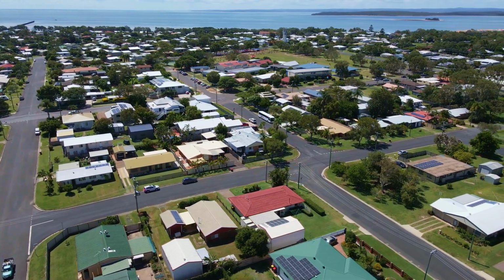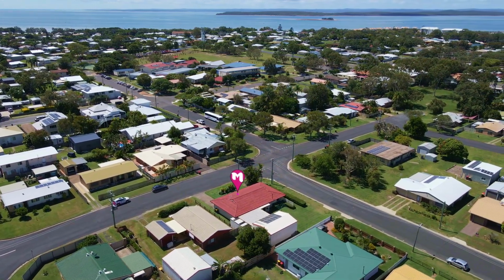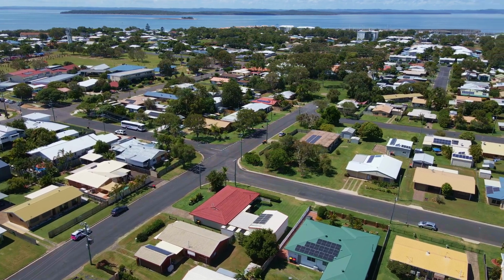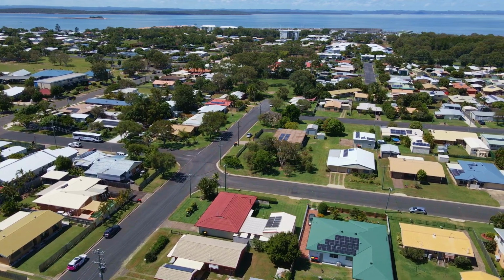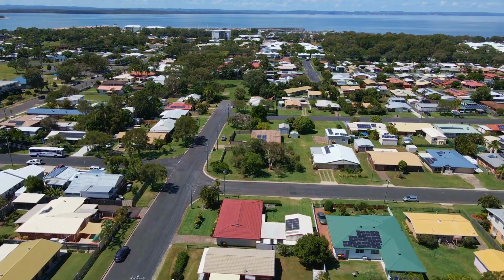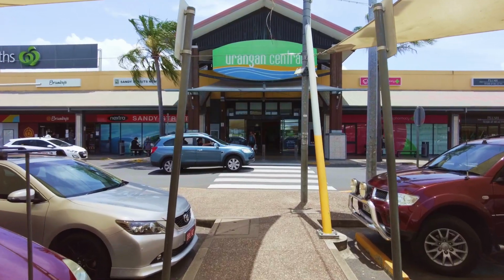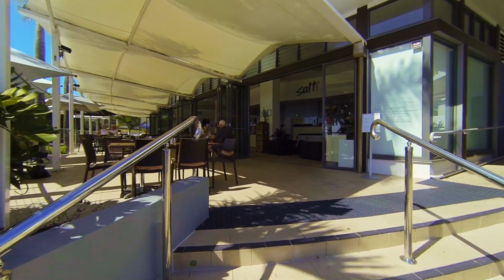This well-maintained brick home was built in 1985 and is positioned on a spacious 645 square metre corner allotment, offering 2 street access in the highly sought after bayside location of Urangan. This is where you'll enjoy the lifestyle and convenience of having essential amenities all within walking distance, including the Urangan Marina and boat ramps, Hervey Bay Boat Club, Urangan Central Shopping Centre, Botanic Gardens, Esplanade Beach, cafes, restaurants and the